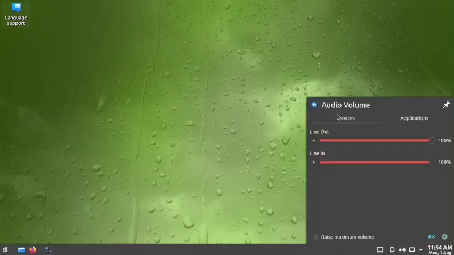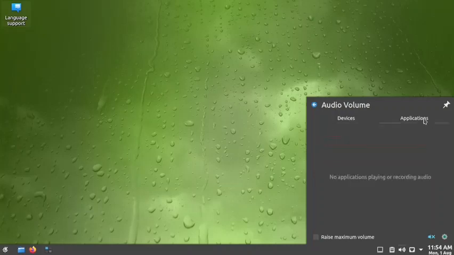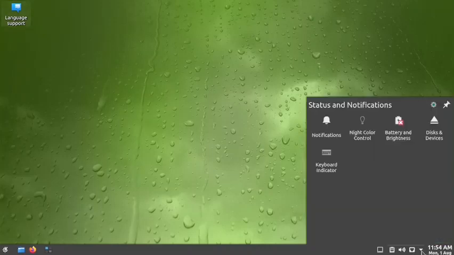Here you can change the audio volume and also tweak the line out and line in volume. Then you can control the volume for the individual applications that use audio and video. And then you have the network manager. Then you have the close pop-up button, and in the status and notification shade you have the notifications and night